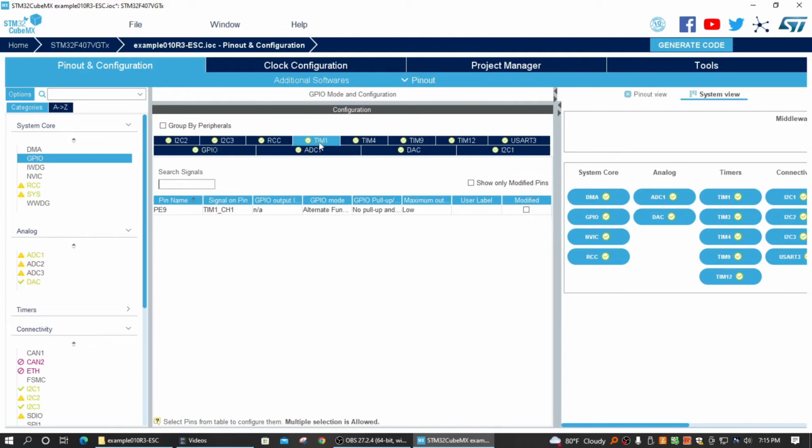We have timer 1, so that looks good there. We have timer 4, and that all looks good there. And we have timer 9, that looks good there. Timer 12, looks good there. And the UART, let's see, the UART looks pretty good there. So now we need to check our